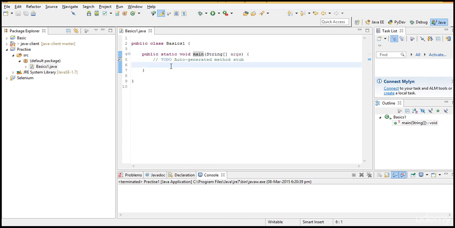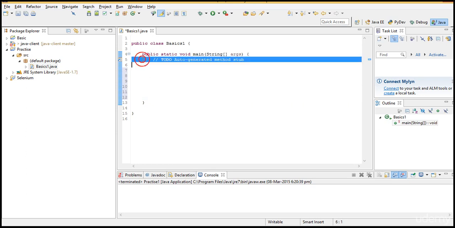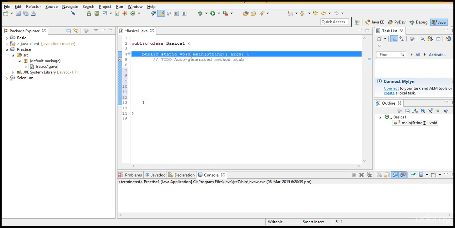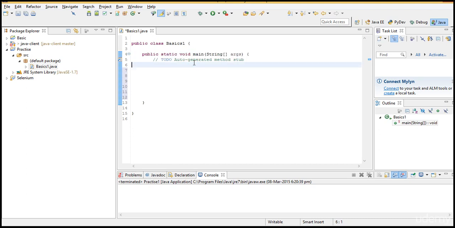Whenever you start execution, the control will start from this main method. If you write some 100 lines of code, wherever you write in the entire editor, the control will always start from the very first step in this main method. So the main method is where the control and execution will begin. That's the reason we start writing our code in this main block.